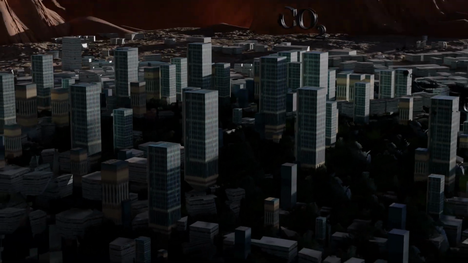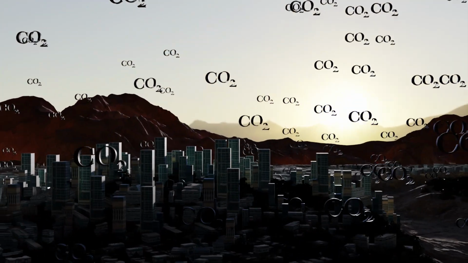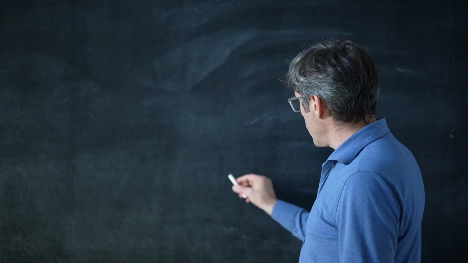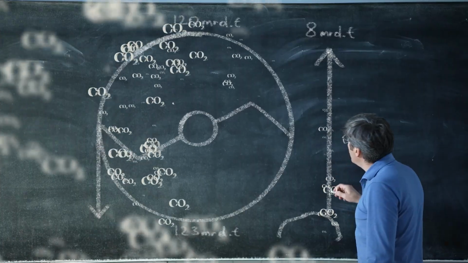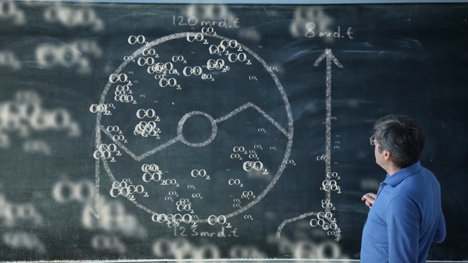Every year, the process of burning fossil fuels pumps around 8 billion tons of carbon out of the Earth's crust into the atmosphere. That is why we have to replace fossil energy with renewable energy as fast as we can. The natural carbon cycle contains 120 billion tons of carbon. If we succeed in using approximately just 5% of this for bioenergy, we can stop using coal, oil, and gas.